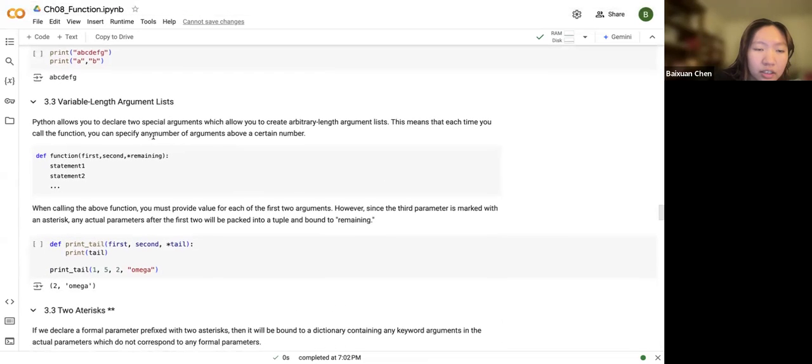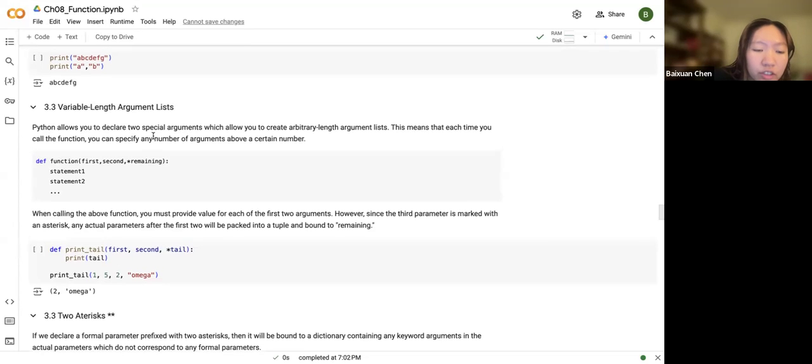So next is talking about variable length argument lists. Basically what this says is that Python can allow you to declare two special arguments which allow you to create arbitrary length argument lists. This means that each time you call a function, you can specify any number of arguments above a certain number. So for example,